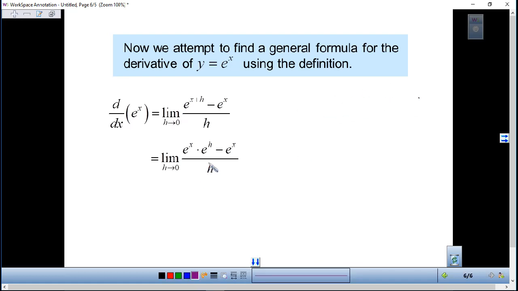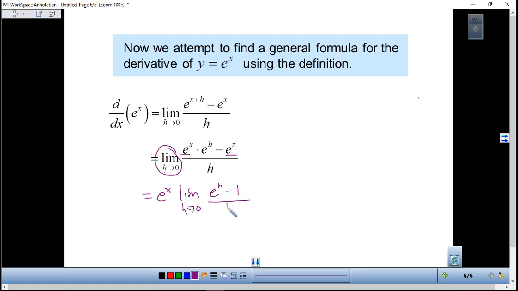So that's what we're doing, and we split that thing up. Now we have a situation where we have an e to the x that's common to both of our terms here, and it's not affected by this limit. Remember, the limit is letting h go to 0. It's not affecting x at all. So we can take this e to the x that's common to both terms on top and pull it all the way out front. So we have e to the x times the limit as h approaches 0 of e to the h minus